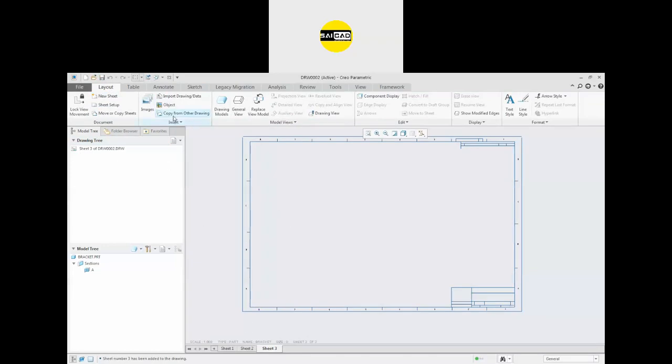So what to do? Just again go to general view. First of all, move to the object, move to the next object. So how to do that? Just go here. You can see we have a bracket, we have assembly. So click on the assembly, click on the master representation. So the assembly will be shown.